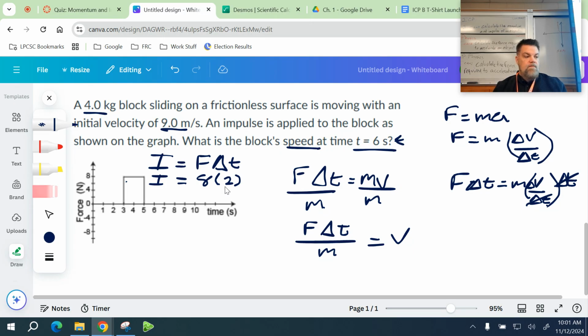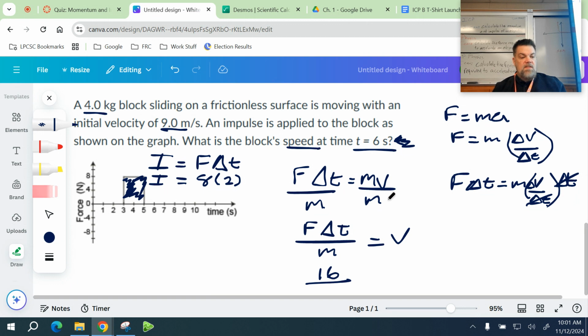Does this peak? No. We're just going to leave it at 16. So really what we have, we could use this time or not use this time. But if I calculate the impulse at 16, I have 16